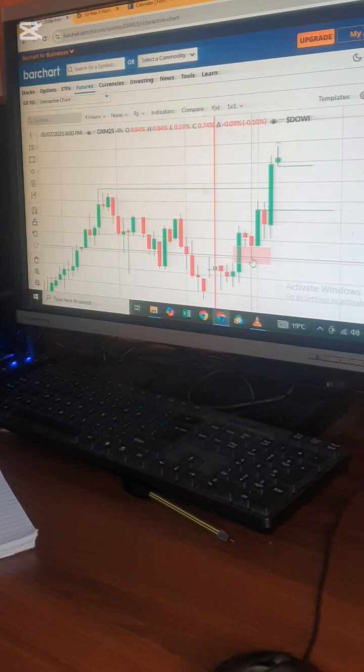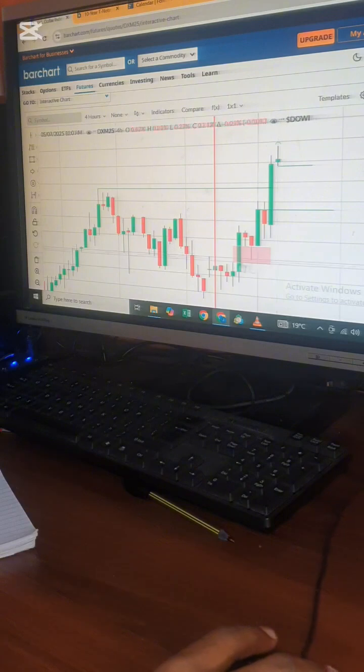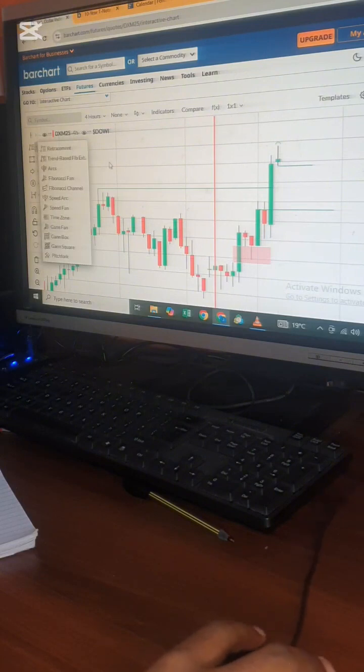And I'll tell you this, go learn about the fair value gaps, but make sure that you are ready when it comes to fill the places, because this one can be a bullish fair value gap or bearish. So if it breaks below this one, let me give you a